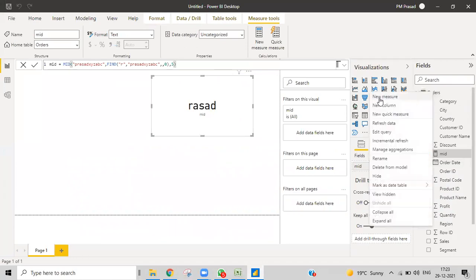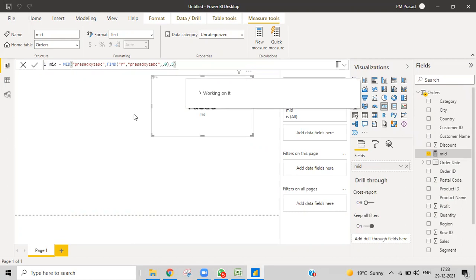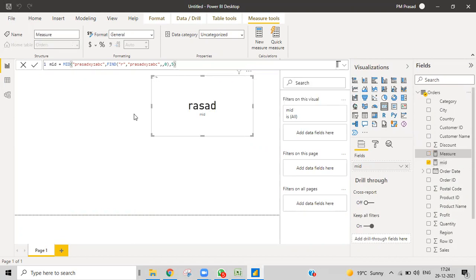Let's create a new measure called Replace. Replace equals, and then the old text, which is Prasad, and then the starting position will be the second position.